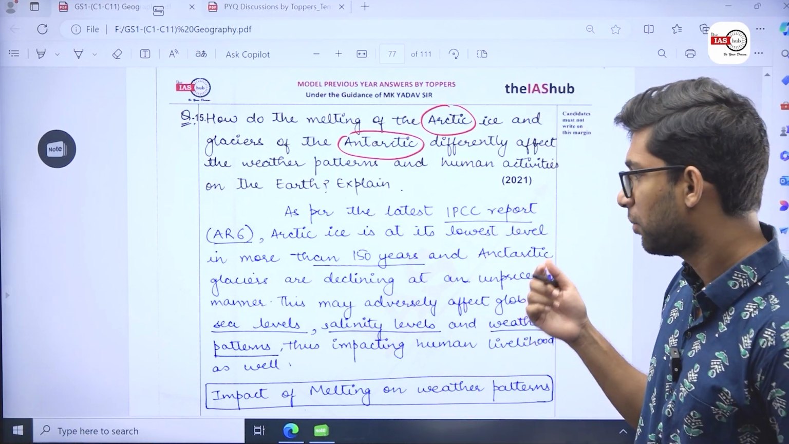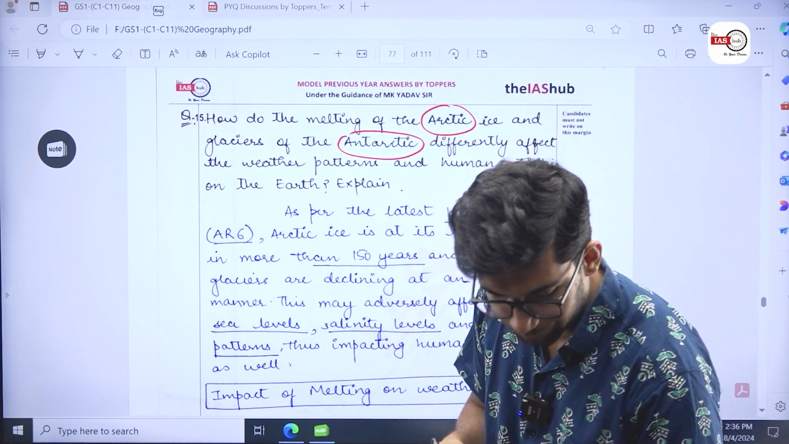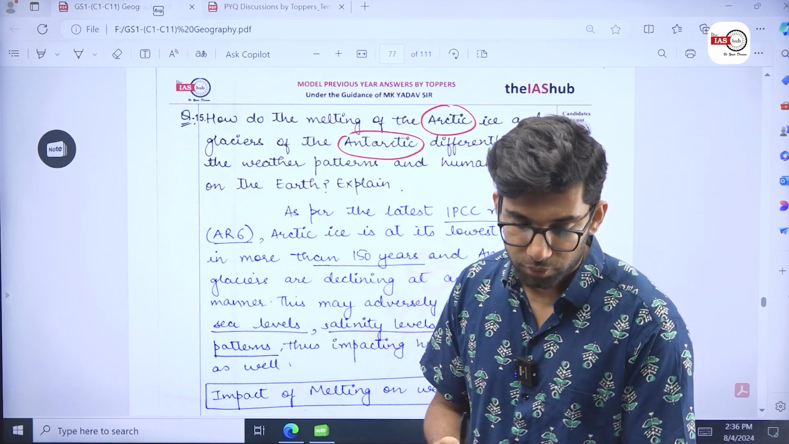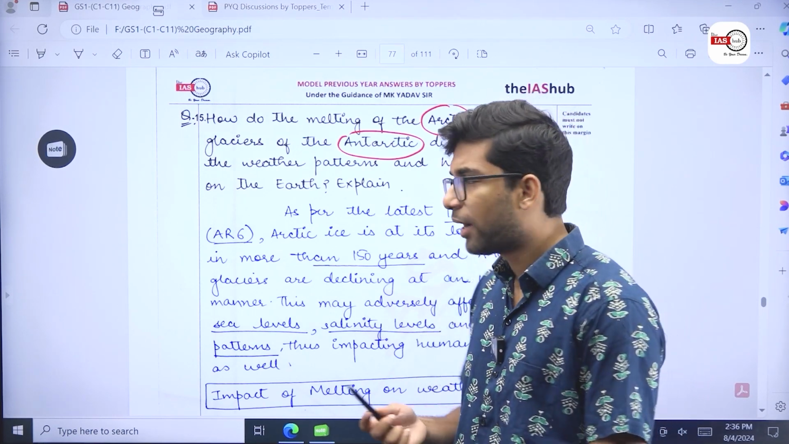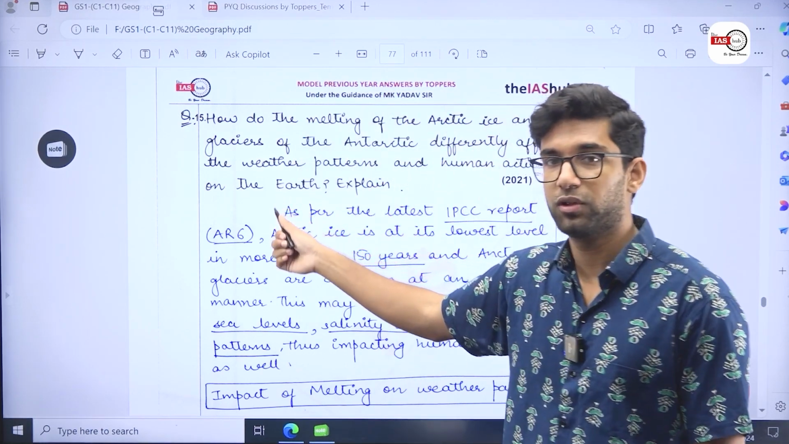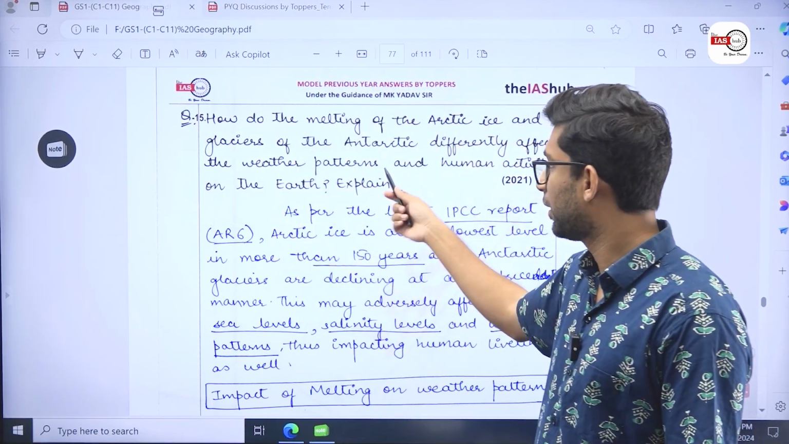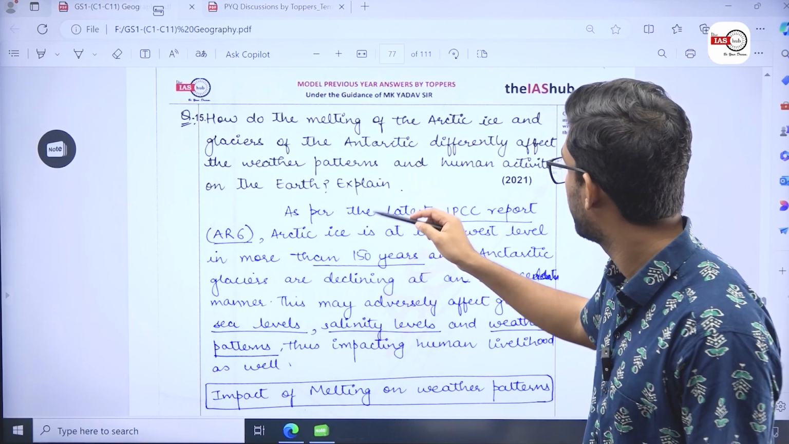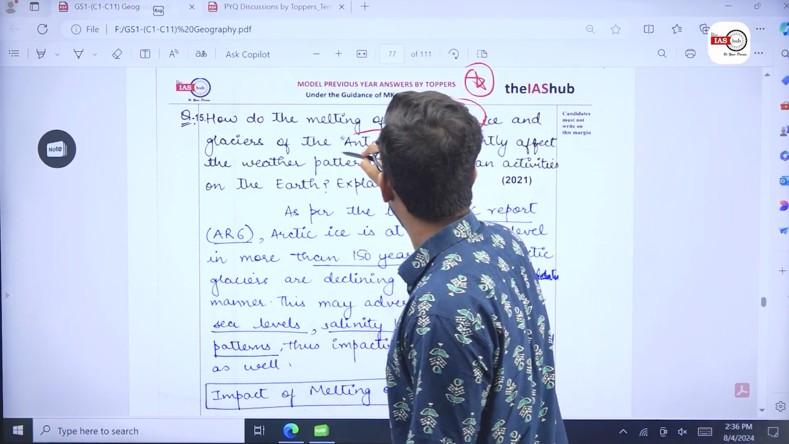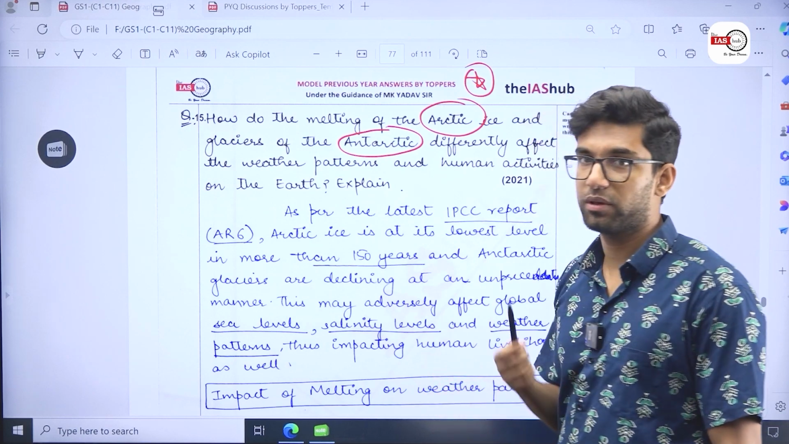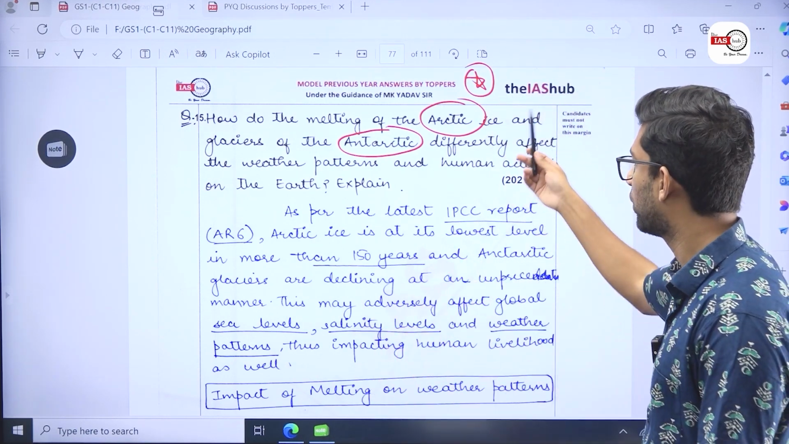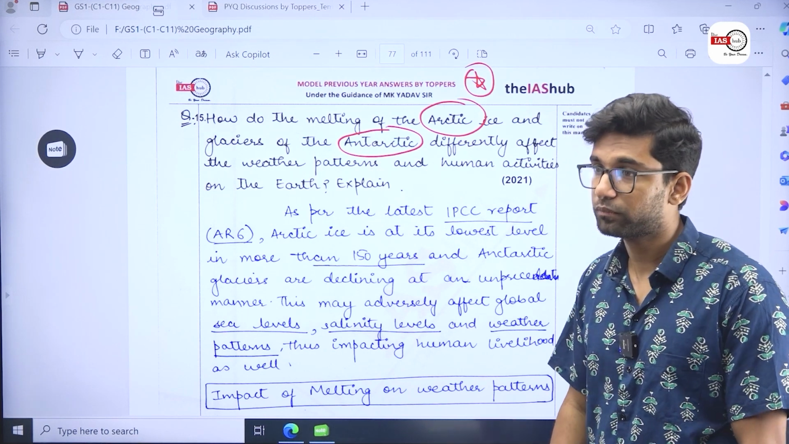Now, the next thing is whether this question is important or not. Is it a must-prepare question, or may it not be repeated? I don't think a similar question would be asked which talks about different weather patterns and human activities. But at the same time, since the Arctic is getting important, and we've already seen one question from the Arctic previously,